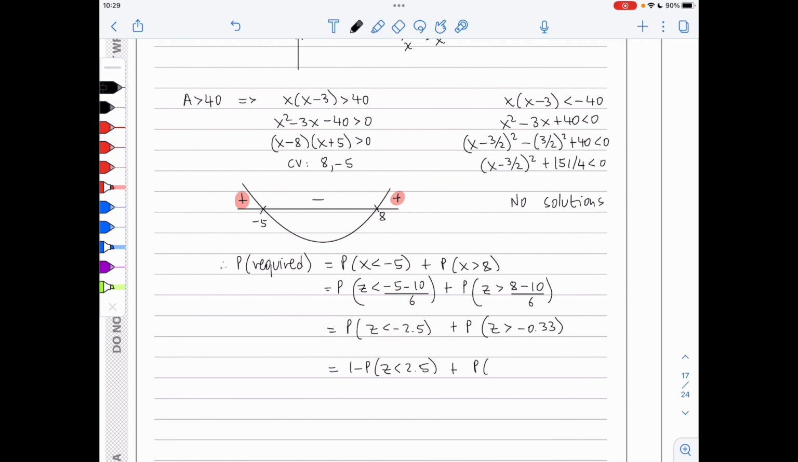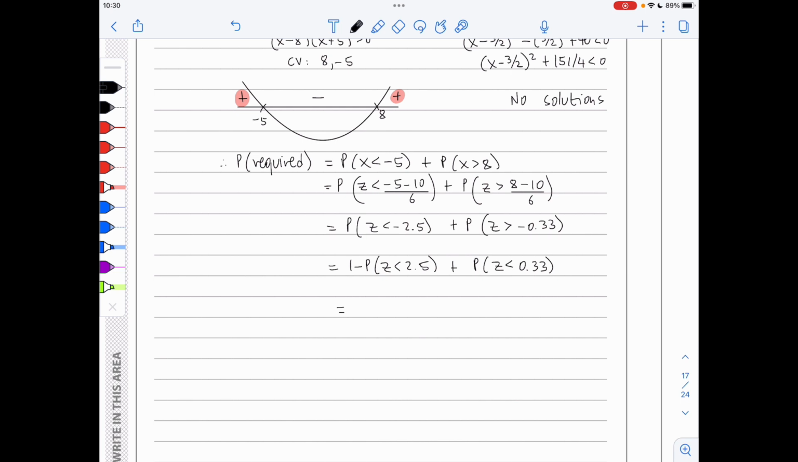plus the probability of z less than 0.33, which leads to 1 minus 0.9938 plus 0.6293, with a final answer of